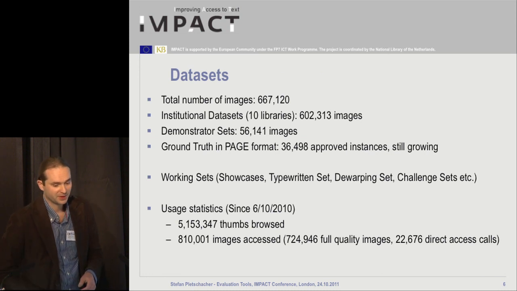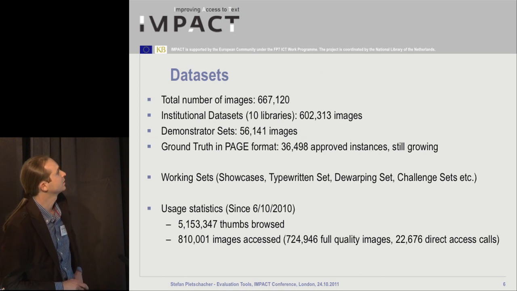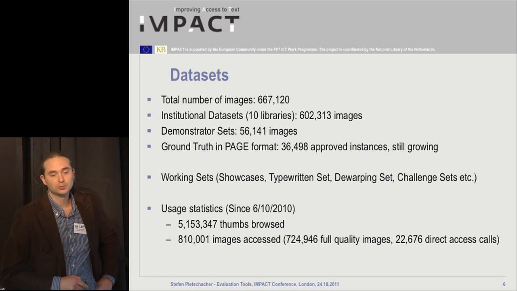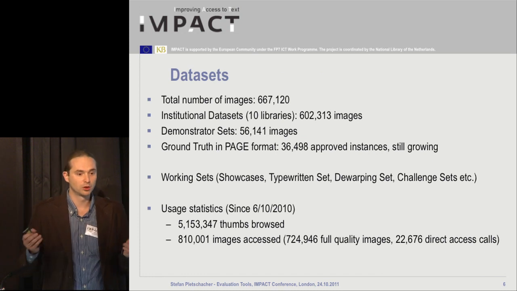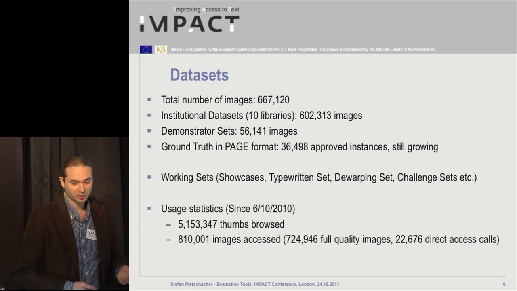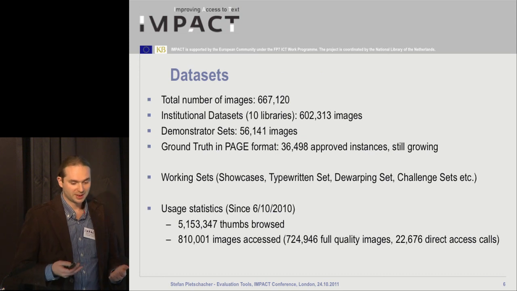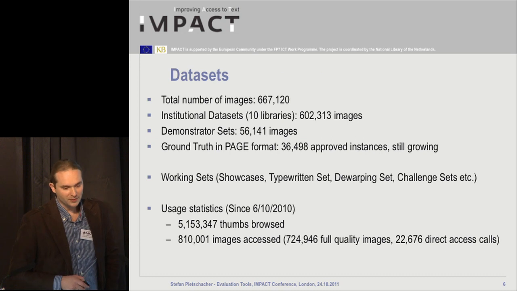The data sets: we have close to 700,000 images now in the repository, and quite a great number is more or less organized in data sets. That's basically for 10 libraries what our partners thought as representative of their holdings. And this is a very, very valuable resource for researchers, and of course for the libraries, to actually see what they have and what the priorities are to work on. Okay, for that we